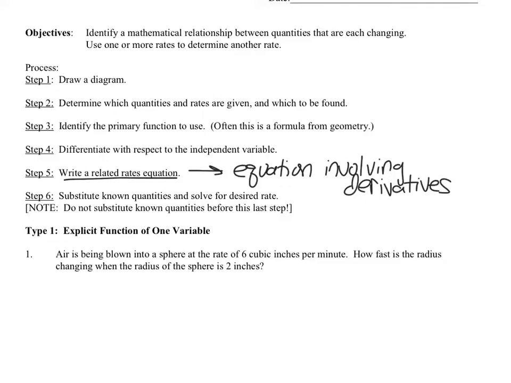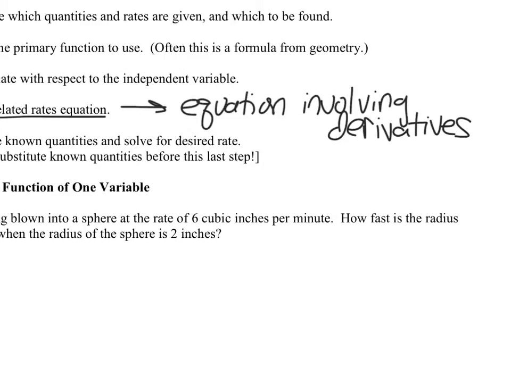So the air is being blown into a sphere at a rate of 6 cubic inches per minute. All right, so we want to identify what we have here. A rate of 6 cubic inches per minute. All right, so I know that's a measure of a derivative. Per minute would be some unit of time. Cubic inches is a measure of volume. So this would be a rate of change of volume